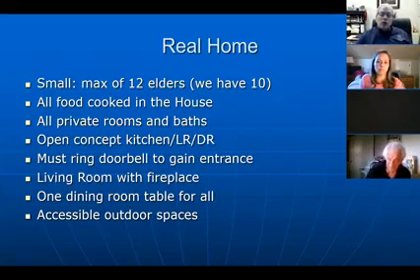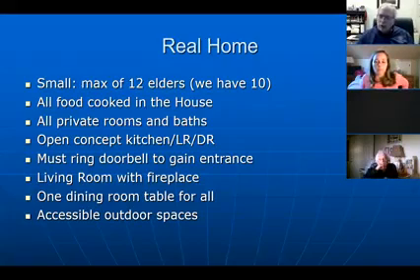In greenhouses, again, trying to create all private rooms and baths, that is a requirement to call yourself a greenhouse, which is a copyrighted term. There's an open concept. The kitchen, the living room, and the dining room are all very open to each other. They're in the center of the house. The 10 bedrooms are around the perimeter of the house. That not only makes it feel more home-like, but it also enables the staffing pattern, because one of the Shabazim can be cooking in the kitchen and keeping an eye on the residents who are in the living room or dining room area.